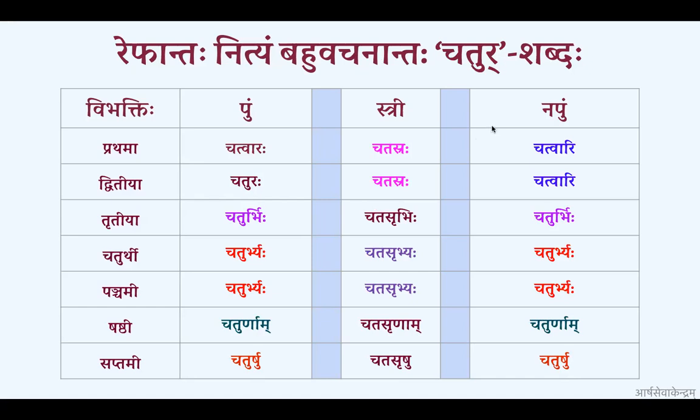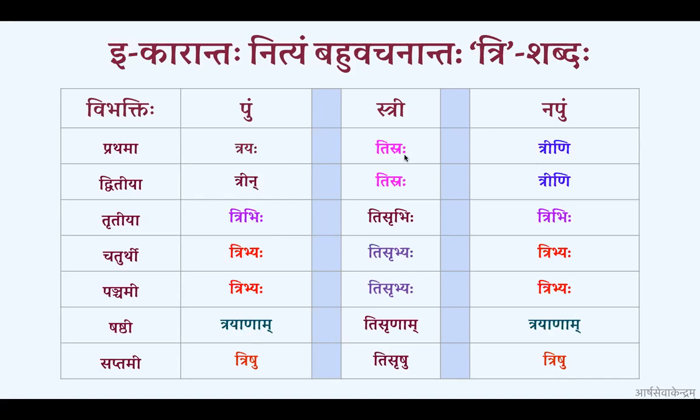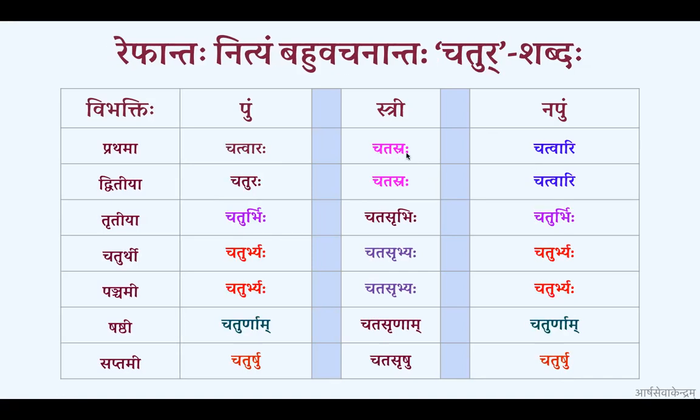Chatur. So again, Trutiya to Saptami, the Pumlinga and Napumsakalinga forms are the same: Chaturbhihi, Chaturbhyaha, Chaturbhyaha, Chaturnam, Chaturshu. Prathama Vibhakti, Chatvaraha; Dvitiya Vibhakti, Chaturaha. In Pumlinga; in Napumsakalinga, Chatvari, Chatvari. In Strilinga, just like Tisraha, Tisraha, it is Chatasraha,